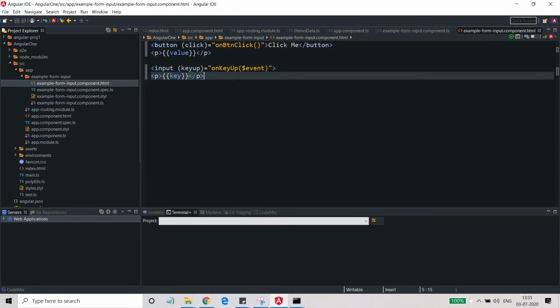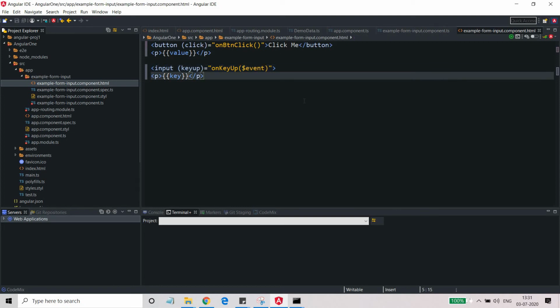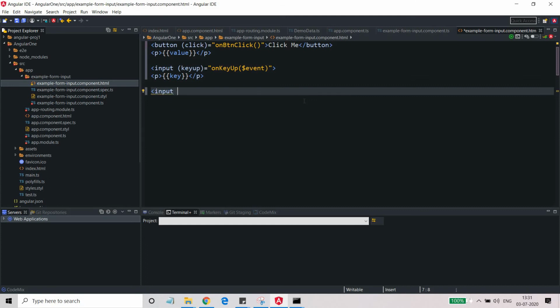So up till now there is no problem, but passing this event value is not a good practice. It's not a good practice at all. It's not that safe, and it may lead to some confusion in the code. Okay, so what else can we do if we cannot pass this? If we don't have to pass it, then we have one more method. You can provide a name to your input, and after that you can provide the name of the event, like key up is equal to on key up.